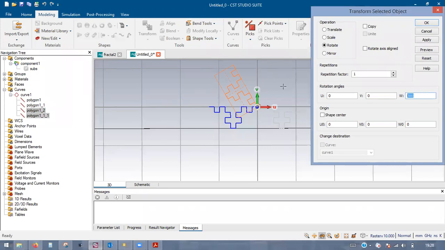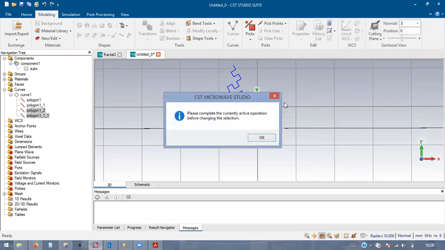So now this should be 300 degree. Then click on OK.